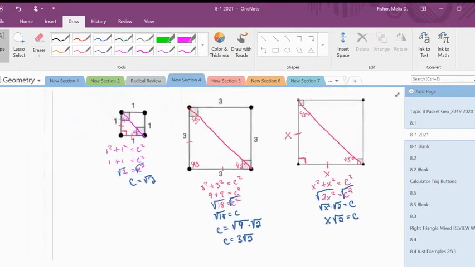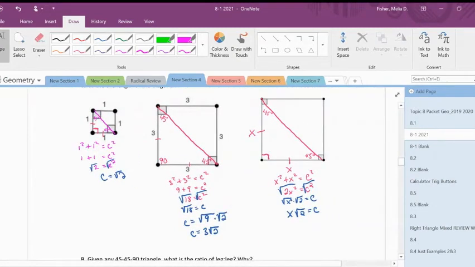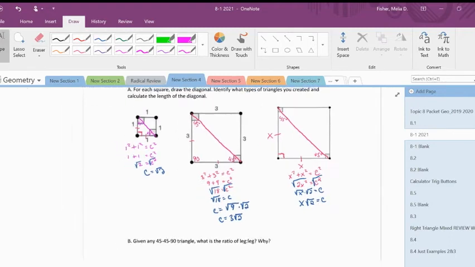Let's look at the pattern. Note that when we have a 45, 45, 90 triangle, the side lengths are the same, and the hypotenuse is whatever the side length is multiplied times the square root of 2. And that actually comes out that way every time. Now let's look at the ratios for the side length of each square to its diagonal. So we're going to compare,